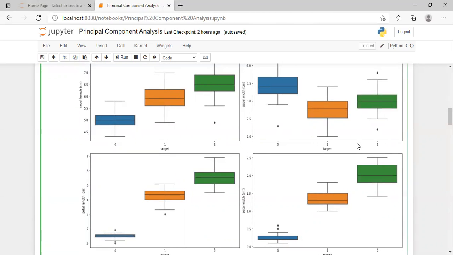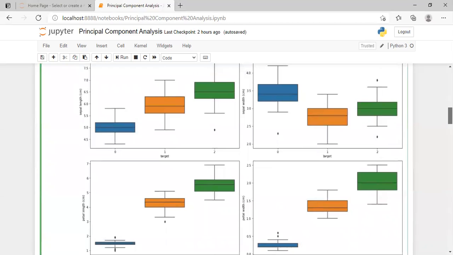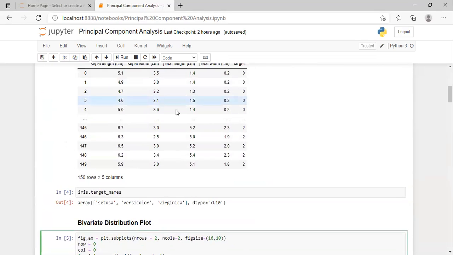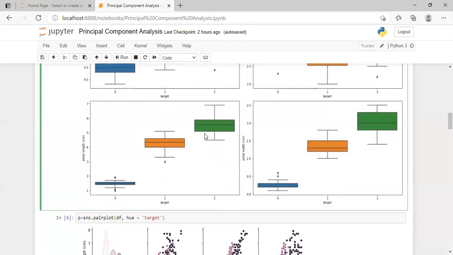But in this tutorial, we won't be predicting anything because principal component analysis is unsupervised learning. So we throw in the data and we don't expect anything to return. What we just want to get is an insight into our problem, what we are trying to analyze. In this case, we are trying to analyze the descriptives, the columns of the flowers.